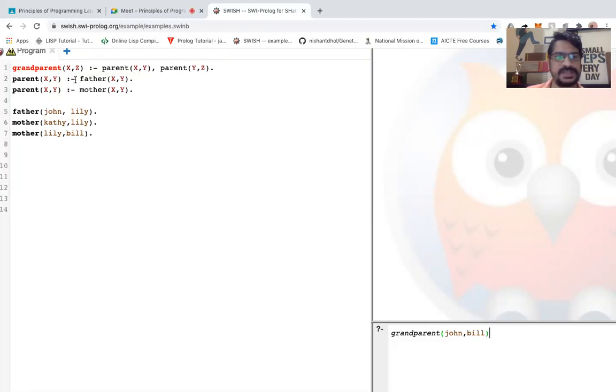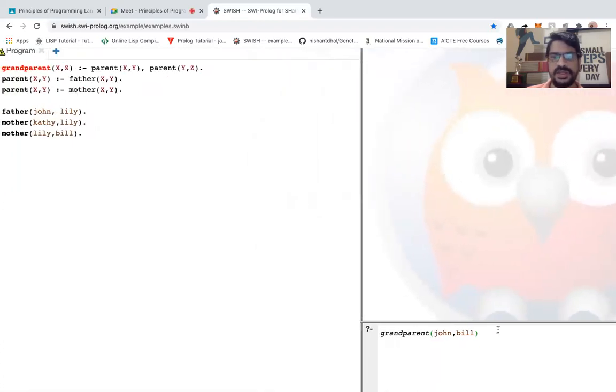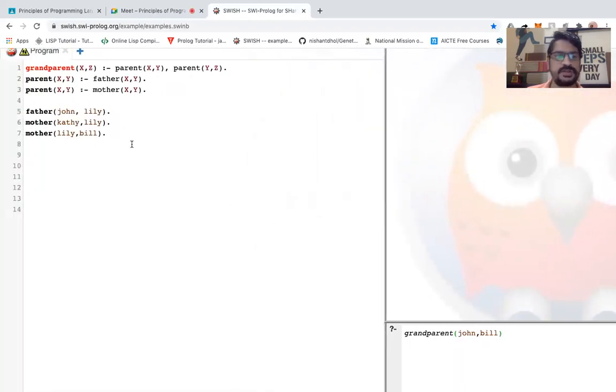So parent is father or mother. So it will take either of the logics and it will say whether this statement is true or not, right? So what do you think? The statement is true or not? Here the statement is absolutely true because John and Kathy are the grandparents of Bill.